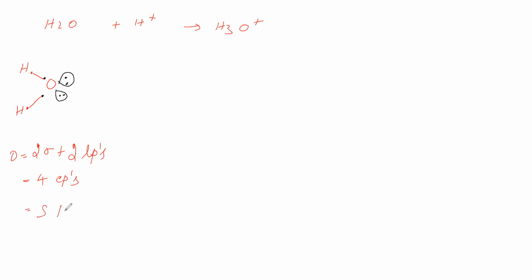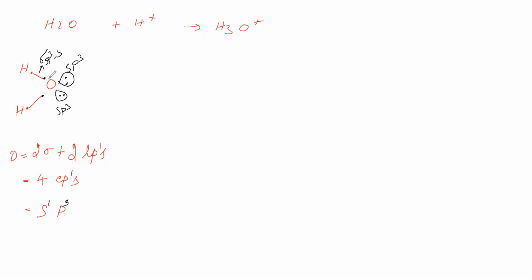So now we will write s, p, d. Now we have to go for hybridization. In this 4, 1 we will give to s. Maximum 3 we can give to p, because the p subshell has 3 orbitals. So out of 4, 1 we have given here, 3 we have given here, 1 plus 3 is 4. Therefore, d will not be there. So what is the hybridization of this oxygen? sp3. Now each lone pair is present in an sp3 orbital. This sigma bond is formed by the sp3 orbital of oxygen and the s orbital of hydrogen.